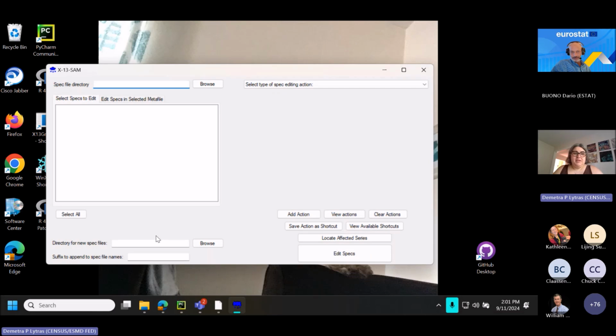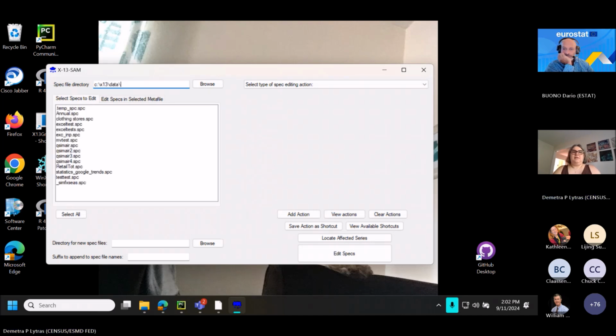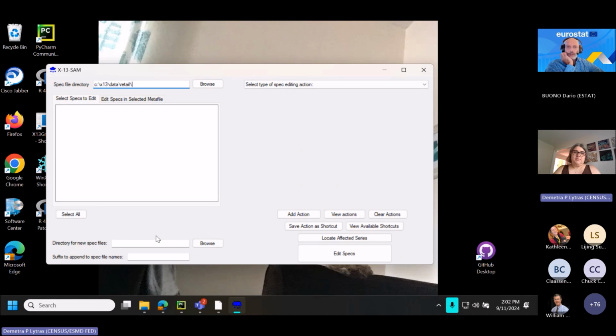So X13 SAM has been available on the internet for a while now. This latest version was just released in the summer. And the purpose of X13 SAM is to take X13 spec files and make changes to a whole bunch of them at once. And I've already shown off X13 SAM in a previous one of these workshops, so I'm going to just speed through showing some of these features because today I just want to show the new features available in